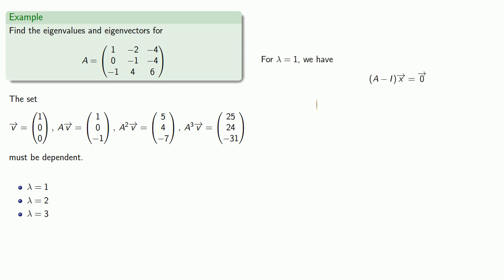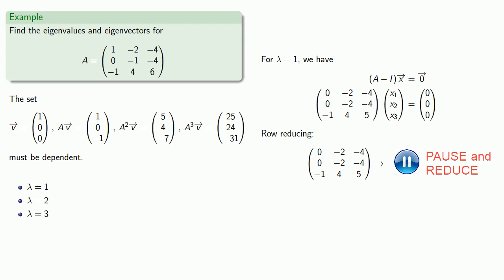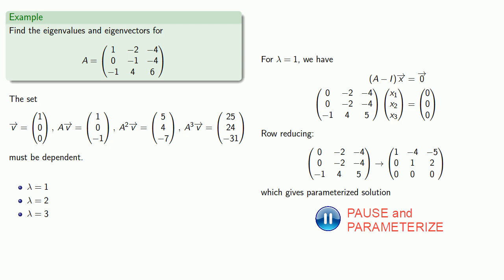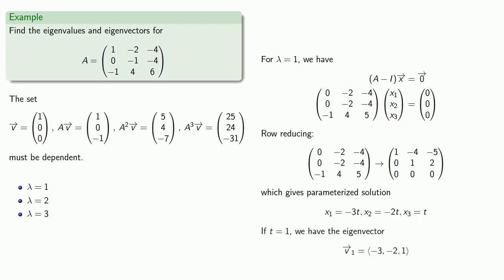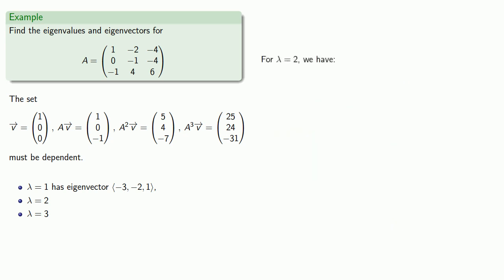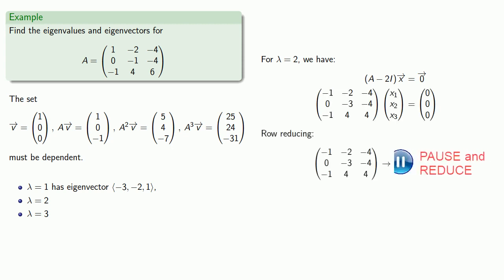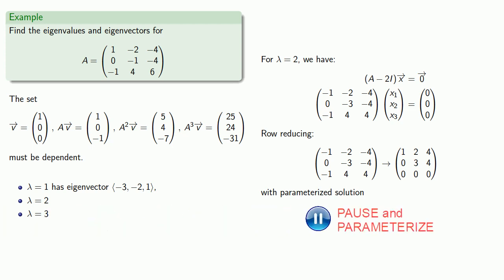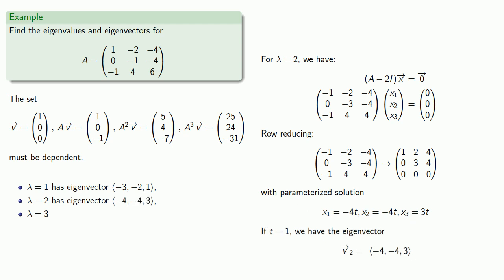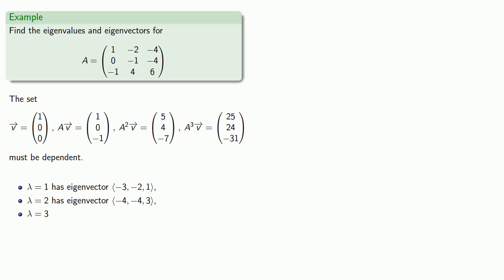So for lambda equals 1, we have row reducing, parameterizing our solutions, and if we let t equal 1, this will give us an eigenvector, minus 3, minus 2, 1. For lambda equals 2, we have row reducing, parameterizing our solutions, and if t equals 1, we get the eigenvector. For lambda equals 3, we have